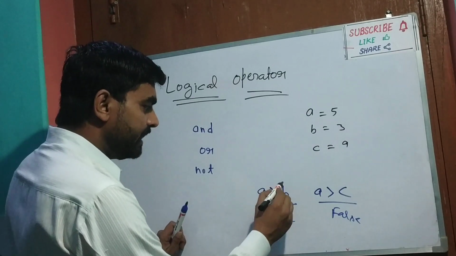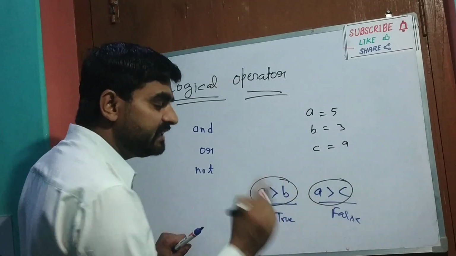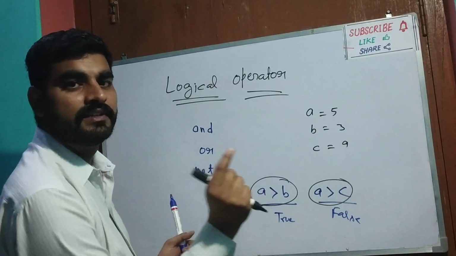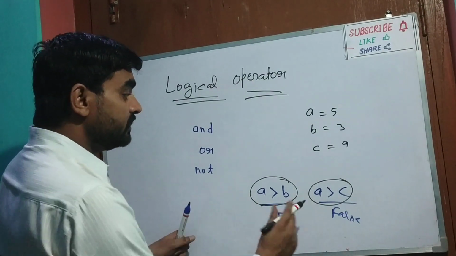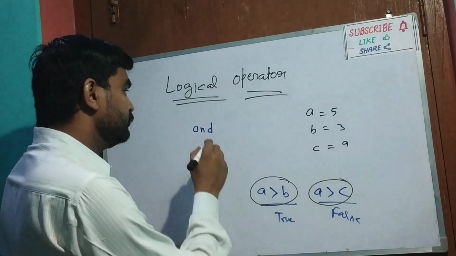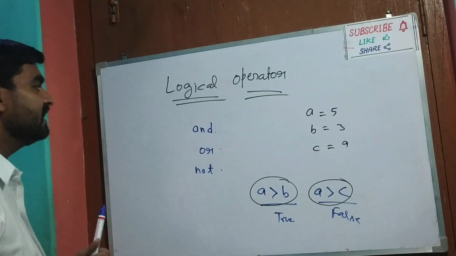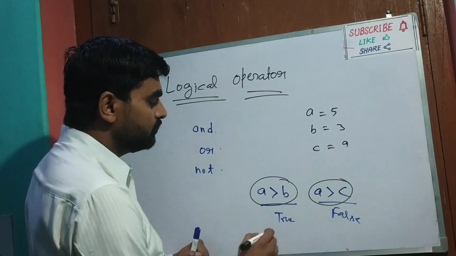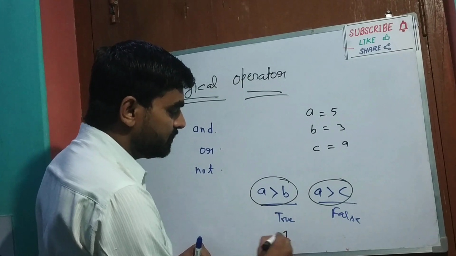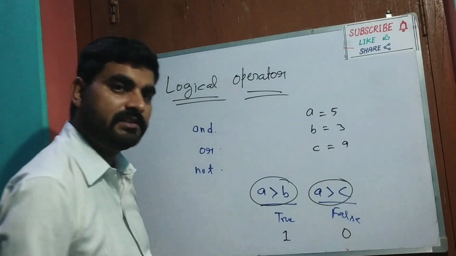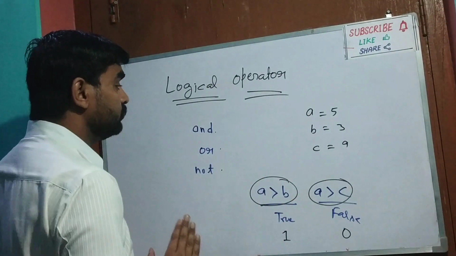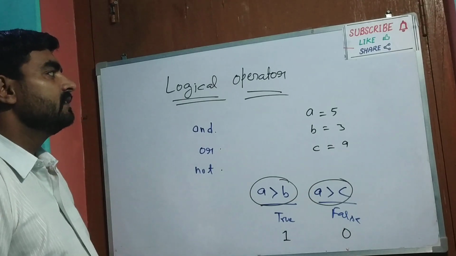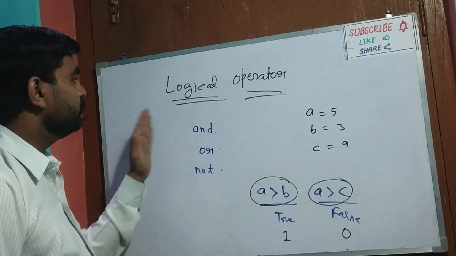When you have to ask two questions at the same time, you need to join them. I am using the word question instead of conditional statement. So when you have to add these two questions, you need and, or, not. How do these and, or, not work? Student, in programming format, computer students also know true is represented by the symbol 1 and false is represented by the symbol 0. So now I am going to give you a truth table using and, or, not, which will make it very easy to learn the logical operator.